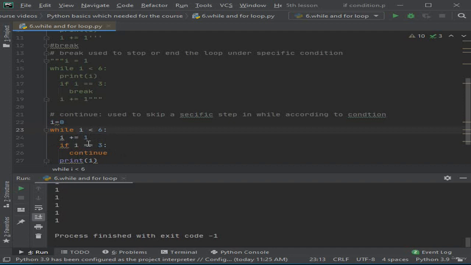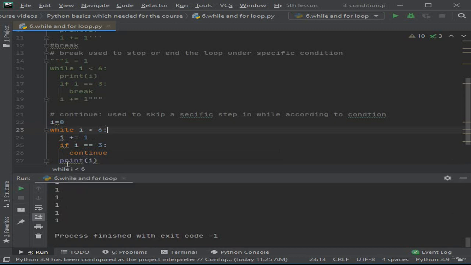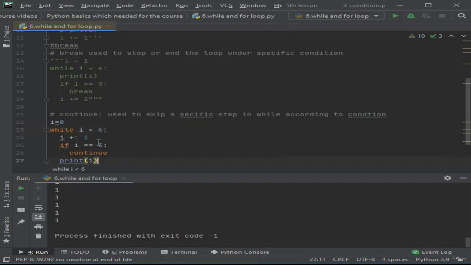And test: 2 equals 3? No. So it will not execute the condition of if, and transfer to the next and increase to 3. Is 3 equals 3? Yes. So it will continue. Continue means not completing the code under if in this loop, which means when I equals 3